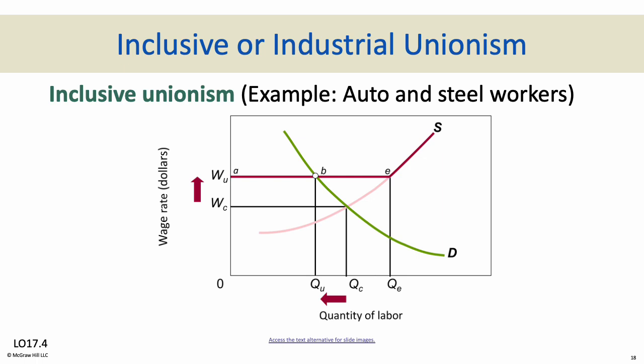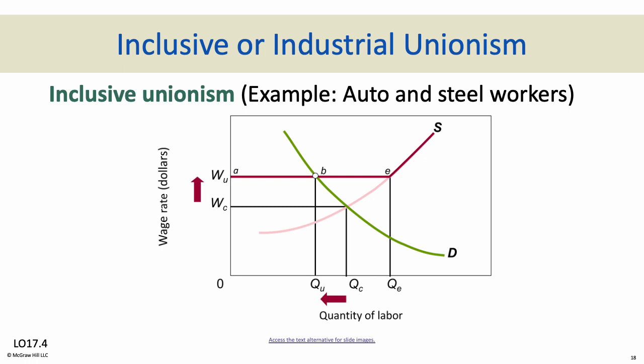You could have the opposite, inclusive or industrial unionism. And this is going to be the third model we look at. These are unions that seek to organize all available workers, so workers that are in the field but are not a member of a union. I used the United Auto Workers as an example before because they're going to show up here again. Not all people who build cars are in the United Auto Workers. A lot of plants across the United States, Tesla is a good example, use non-union employees. So those unions, the UAW, want to try to get those non-union employees to join them.